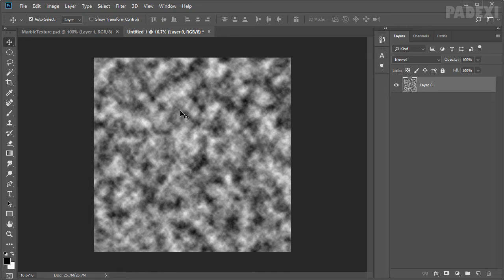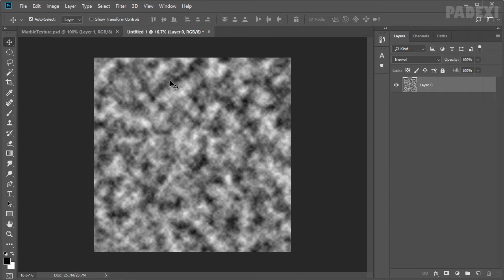This filter randomly generates values between the foreground and background colors to create a cloud pattern. So the first time you apply this filter, a cloud pattern is created by Photoshop. As you can see here, if you apply this repeatedly, the ribs and veins are created that resemble a marble texture.